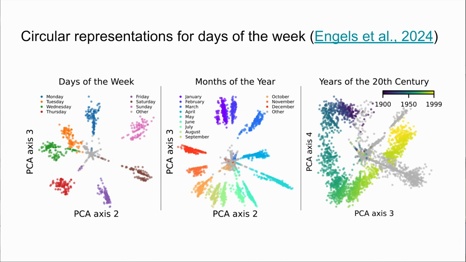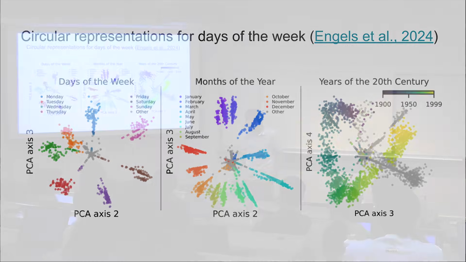Another good one is circular representations for days of the week, months, again, we talked about those, and years. So this is another example of a multi-dimensional feature. So not just a single direction in space. This is a kind of repeatable structure that shows up. And it's weird to me that this is the most efficient way for a model to represent this. And I think it is worth thinking about.